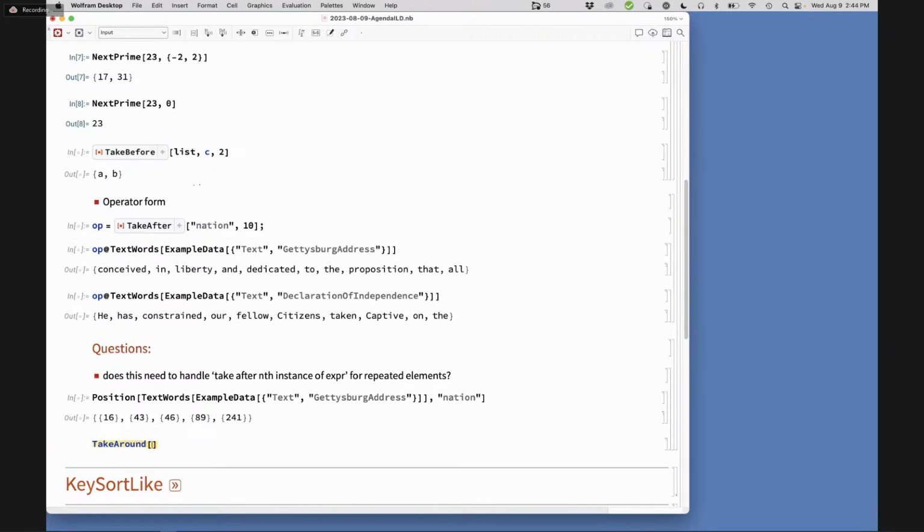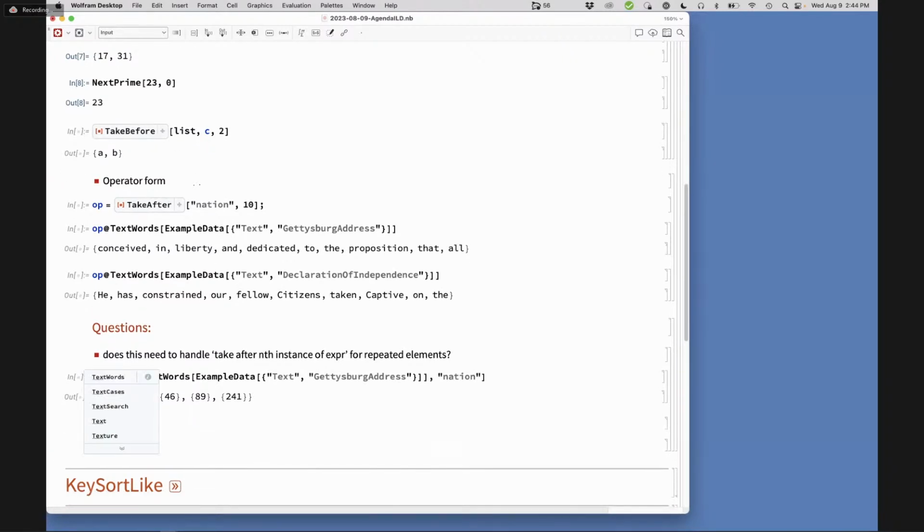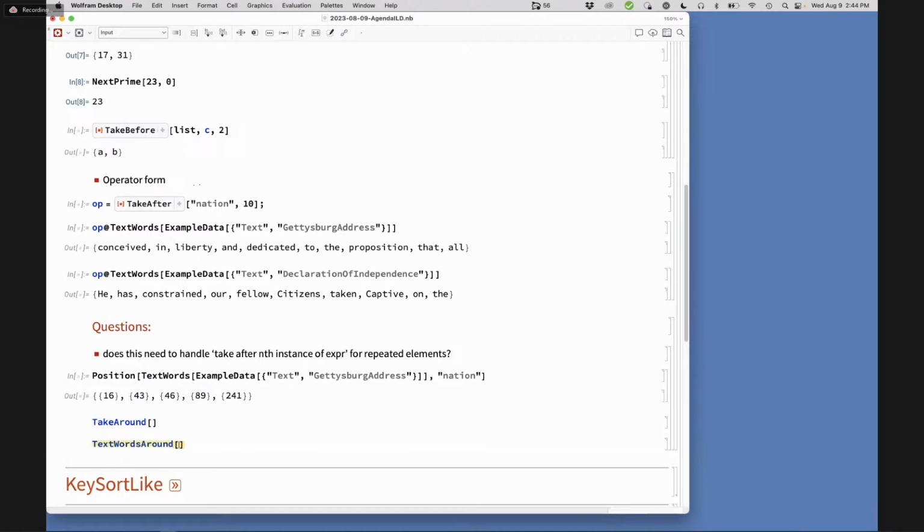I think like select or any of these things, there is a case where there's a single argument one. String versions of these would be really useful too. Which ones? String versions of these functions. Yeah, I was going to say for a particular use case, I want to see context for a particular word. Right, for a particular word. But I mean, that's more like text words around.